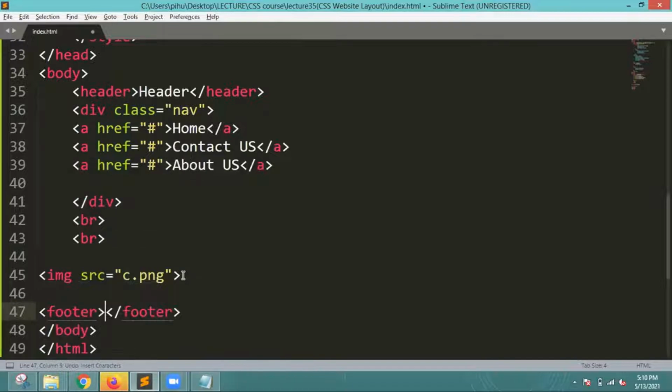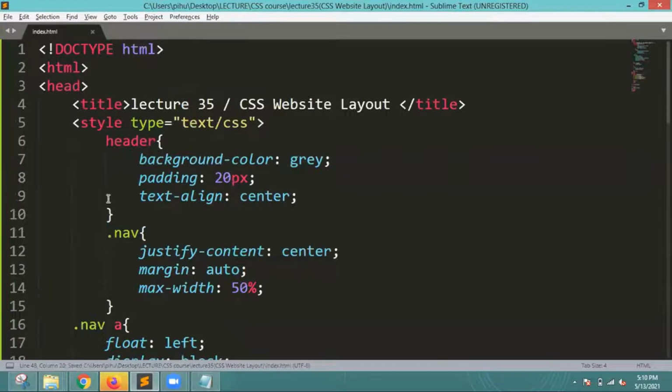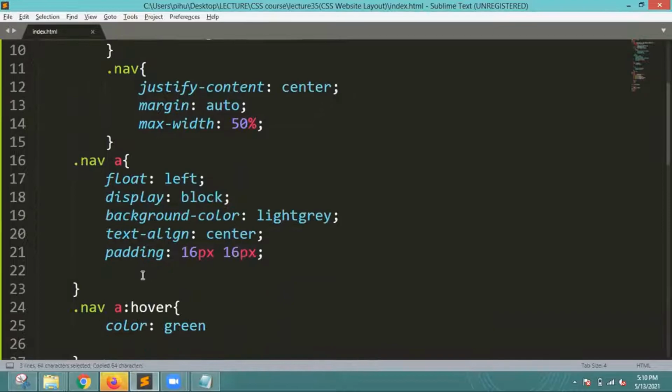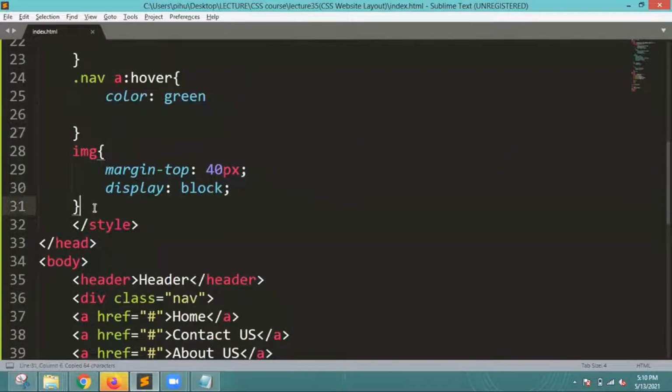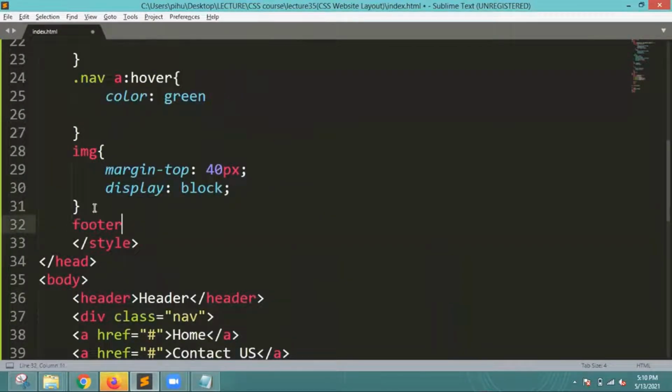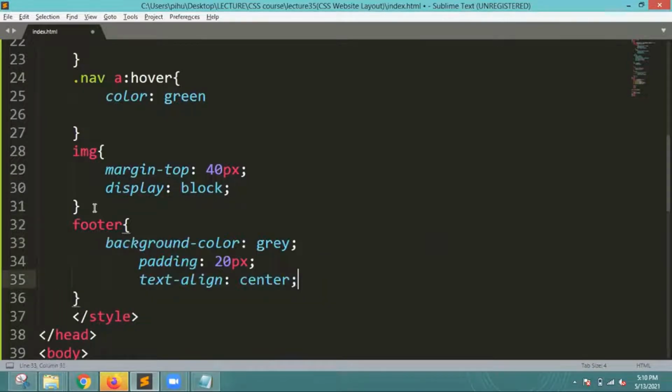Fine. And then we are having footer. Okay, let's skip the paragraph. We'll directly go to the footer because content is already provided. So this is the footer I have mentioned. Now let me style this particular thing. We'll style it in the same way, and I will just write footer and then a bracket. Inside the bracket I will write all these details. After that